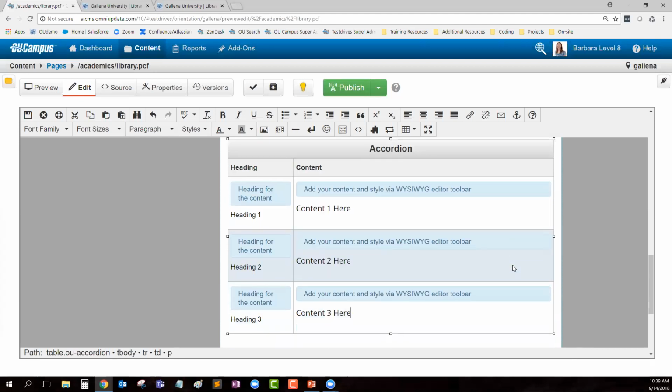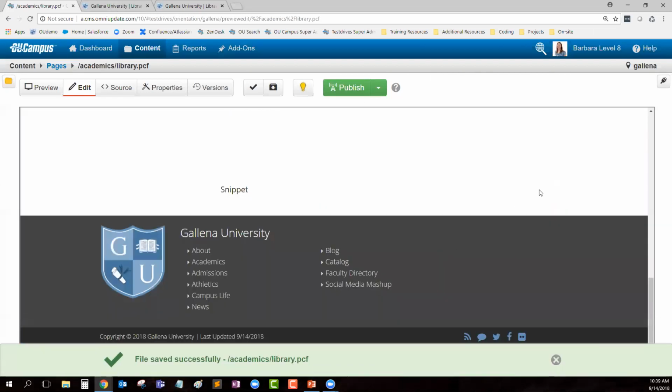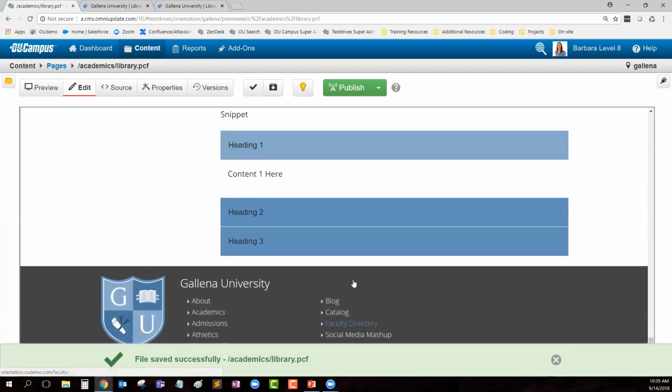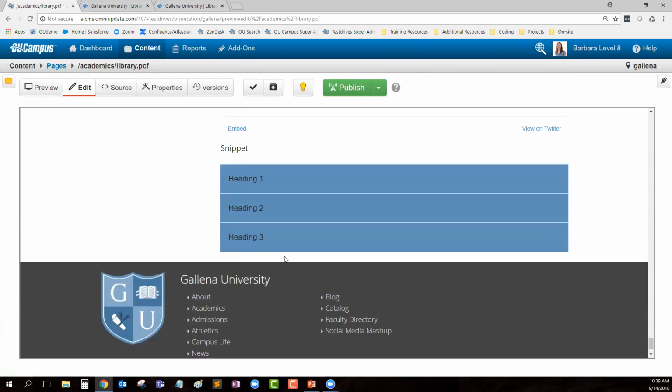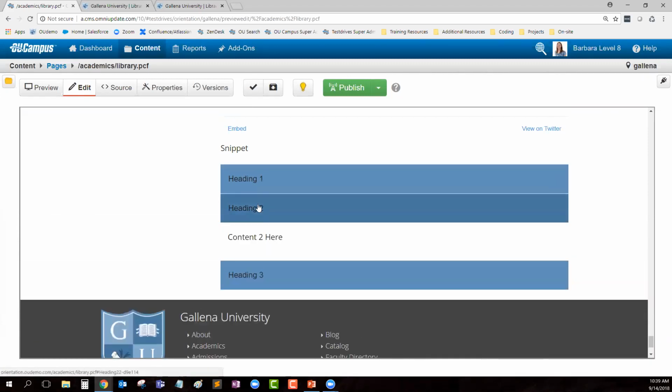And you're going to notice inside this editable region, it looks like a table. We do that on purpose. This type of snippet is called a table transformation. When I save and exit, and I scroll all the way down, here's my accordion. Now, in order to get the accordion to open and close like this, there's some very specific HTML structures that have to be maintained. It has to be this type of node inside this type of node with this type of class. And if I had access to all of that source code, it's possible I could accidentally delete something out and break it. To avoid that happening,